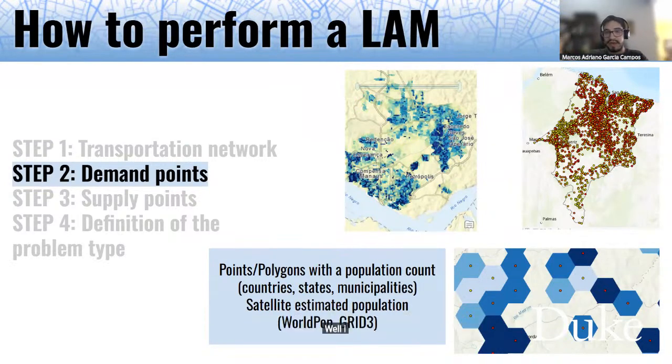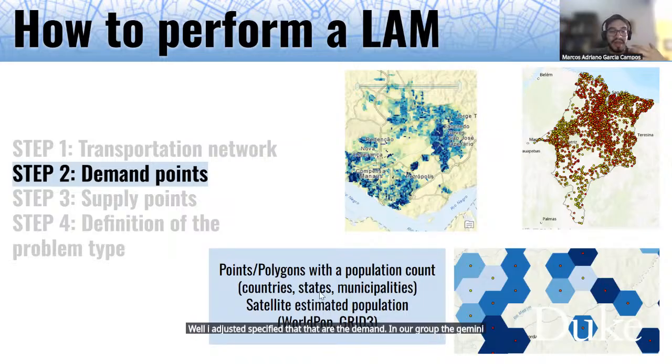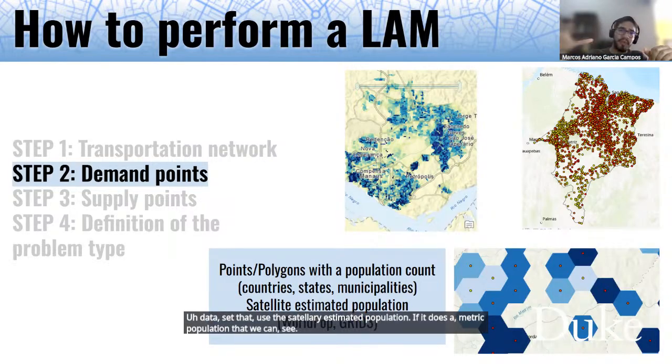I just specify that these are the demand. In our group, the Gemini, we like to use the word pop. This WorldPop is a public data set that uses satellite-estimated population with a symmetric population that we can see all the population